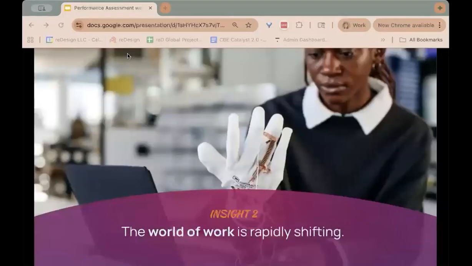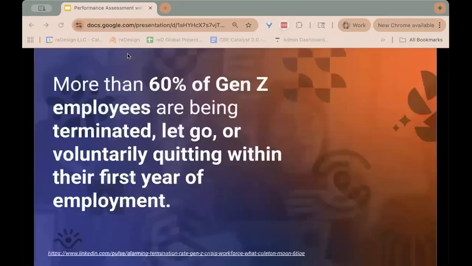This is what informs our thinking and why we get excited, but also have a lot of urgency about this topic. All right, so we know everywhere you read right now, the world of work is changing. Here's a few data points, one of which comes from LinkedIn. Take it for what it is, but they get a lot of data. 60% of Gen Z employees are not making it through their first year of employment.